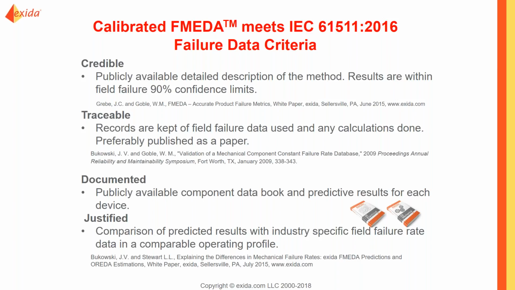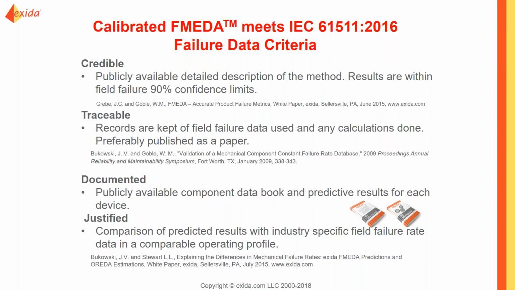The next thing we do is we look at the traceability. Are there records? Are they kept? Where are those records at? How is the data used? Where are the calculations done? And with all these different points, we've actually started making white papers to help justify that we meet 61511 in 2016, because a lot of discussions that we have, and actually I see a question or two in here, is,